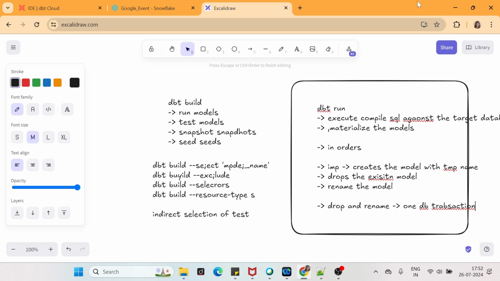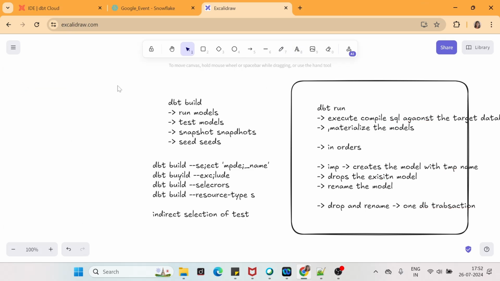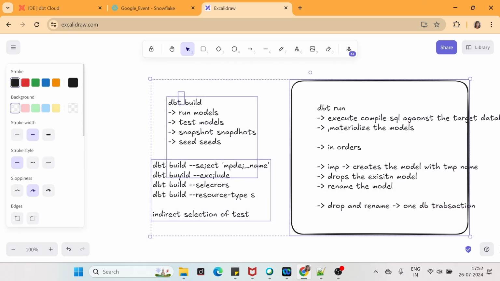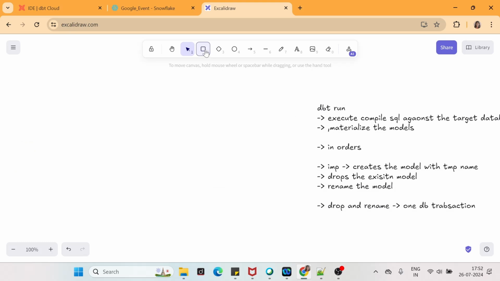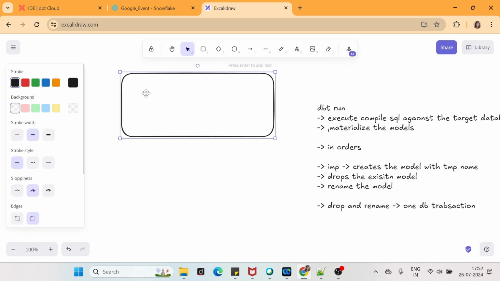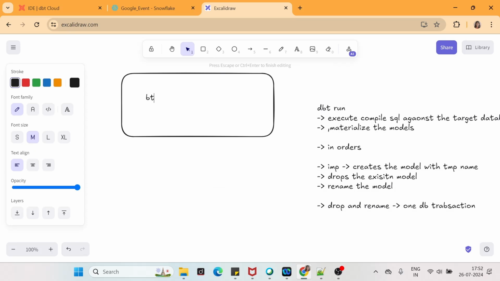Now let us look into the dbt parse command and the dbt compile command. Okay, so now we have the dbt parse command. As the name suggests, it is only going to parse and validate your SQL code. It doesn't need any connection to your database or data warehouse.